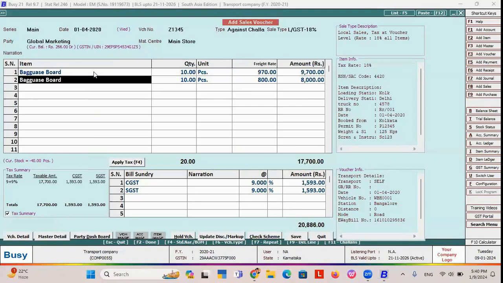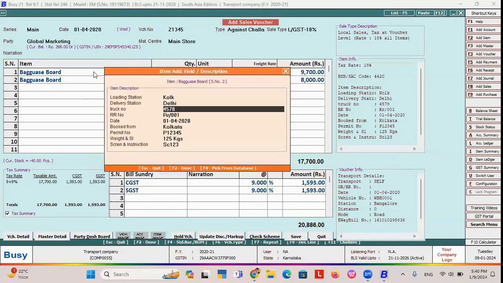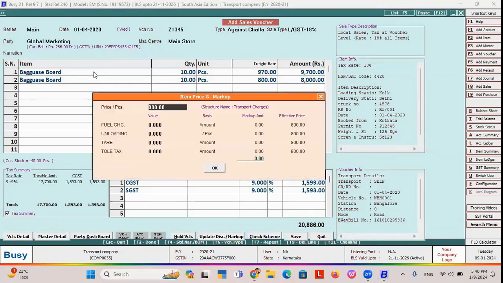ऐसे ही आप दूसरे, क्योंकि दिस इज फॉर द पर्टिकुलर चलान, और ये दूसरा चलान के केस पे आपने पिक किया है, तो इसमें आप हो सकता है कि इसमें आप अदर इन्फॉर्मेशन डालें, इसमें आप फ्रेट रेट अलग लेना चाहे तो ले सकते हैं, या अगर सेम लेना है तो सेम ले सकते हैं. जो भी चलान में आपने फ्रेट मेंशन किया है, वट एवर फ्रेट रेट यू हैव मेंशन इन योर डेली ट्रिप और इन योर चलान एंट्री, दैट विल गेट पिक्ड इन योर सेल वाउचर, एंड देन you can add extra charges